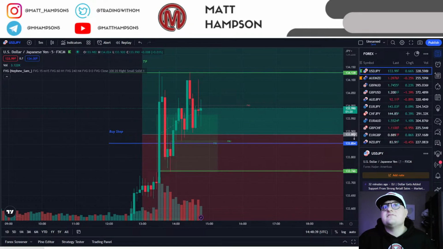Yeah, break that FVG. It's respecting it for now. Did get that on that 5-minute gravestone doji, that previous red candle with the really small body. Almost a gravestone, more like a dragonfly, but